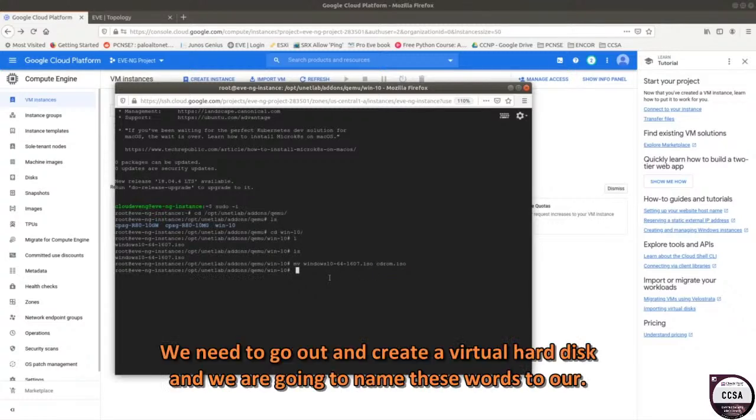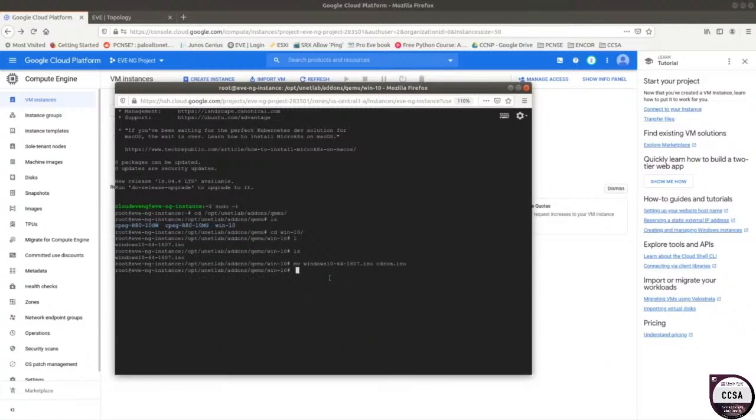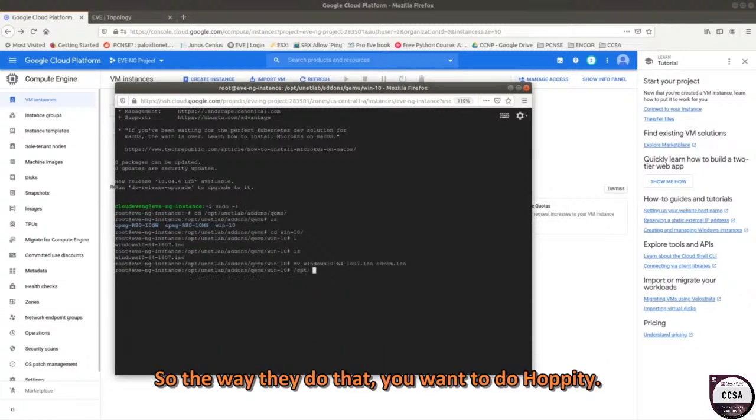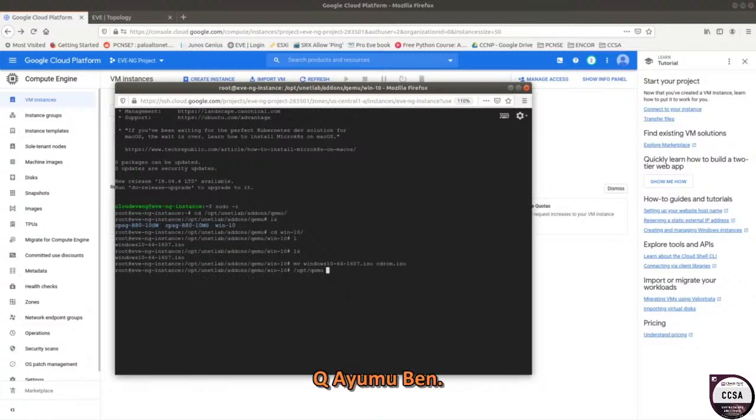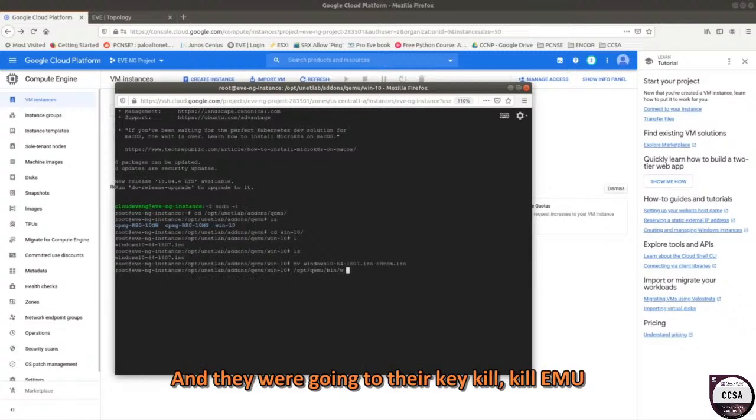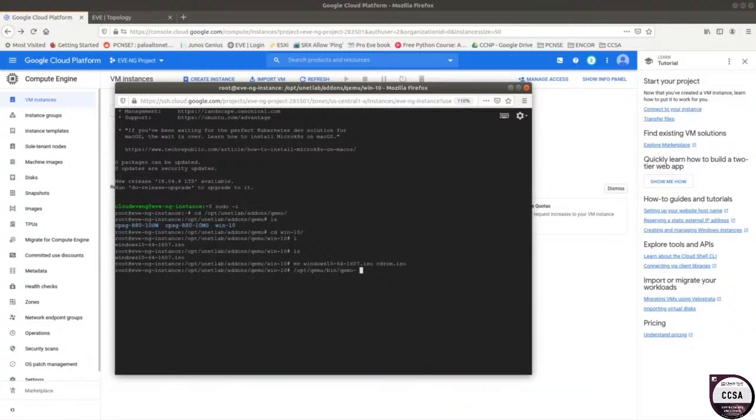So now what we need to do is go ahead and create a virtual hard disk, and we are going to name this Virtuoa. The way that you do that is you want to do opt, qemu, bin, and then we're going to do qemu image, or img create, qcow2,